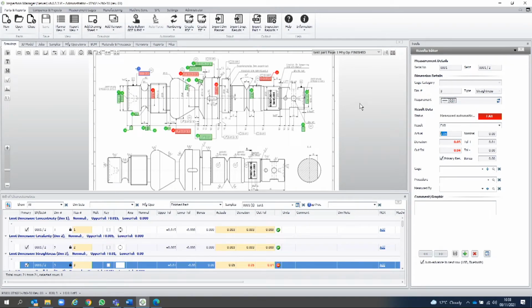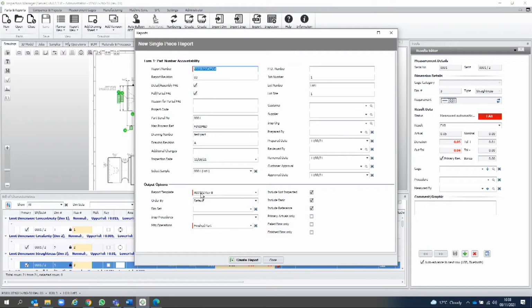Okay, so to complete this process, finally we're going to import the data directly into a dimensional form. It could be an AIS 902, could be a PPAP dimensional form. And the way we do that is this here, inspection reports, single piece. So if it's an AIS 902 and we wanted all the dimensional information for that lot to go into that